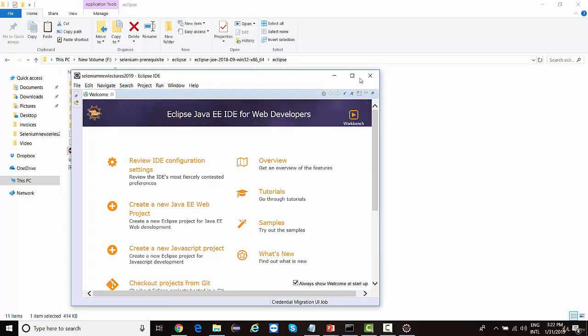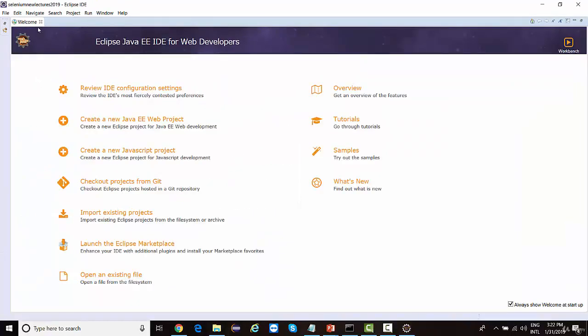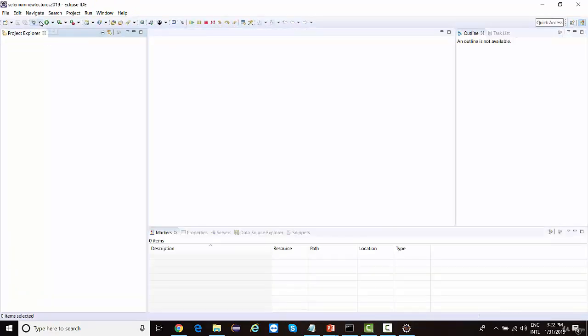So once Eclipse is launched, you're going to see a welcome screen. Just close it, and this is what your Eclipse is. Now here you'll be looking at something that is called Project Explorer, where you'll be maintaining your project hierarchy. In this area, you'll be writing some code, and here you're going to get the output of that code. So we'll be talking about more Eclipse features as we proceed with the course. But the very first thing we need to understand is what Selenium is, and Selenium is an API.